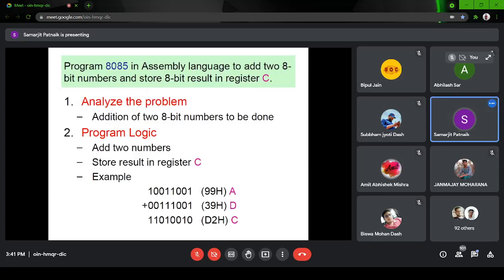One of the operands we know we have to store directly in the accumulator. 99 in binary is 1001 1001, and 39 is 0011 1001. Always remember these are hexadecimal notations coming directly from the 8-bit binary numbers. Finally, I want to store the result in C, D2.